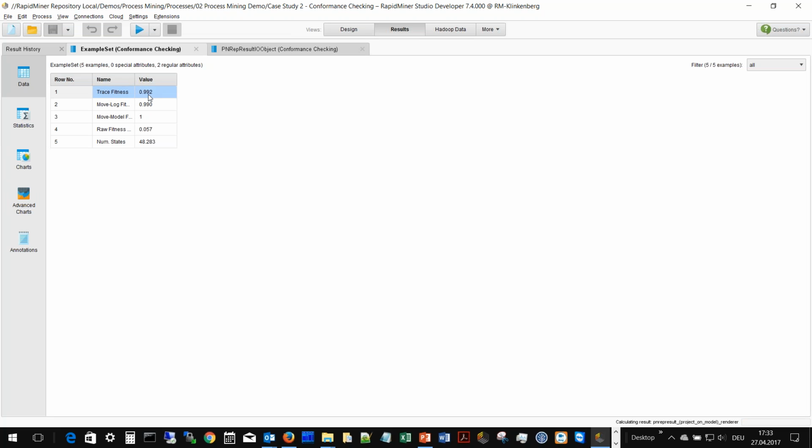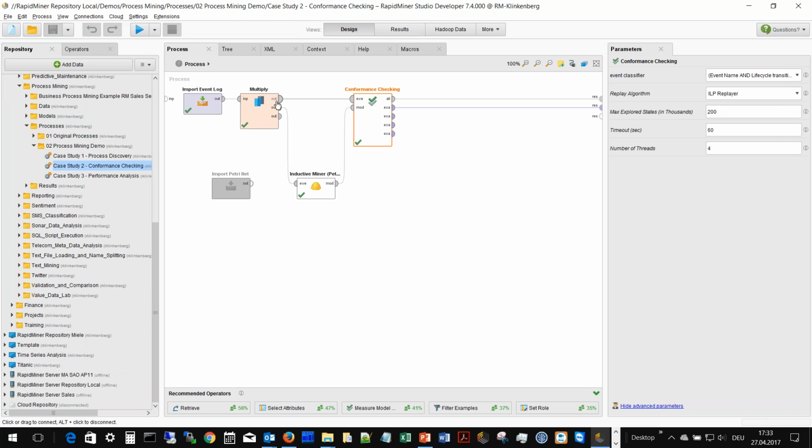And what you can see here, trace fitness, in this particular case, I have a very high conformance. 99% of my traces conform to my model. In this case, it's not a surprise because I'm using the same data set for training the model and for testing it. So that probably in the real world wouldn't make too much sense. You'd rather take, for example, the log files from the production when it runs nicely and smoothly, generate your model, this is how it should be, and then you keep on feeding the new log that's going on, and then you would realize if something is going different,